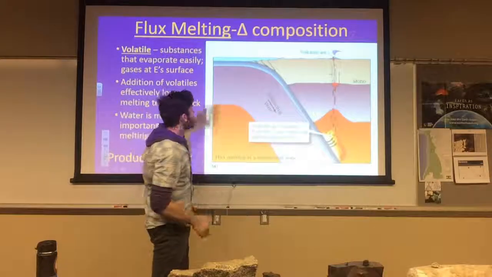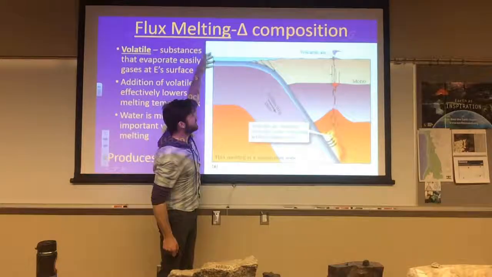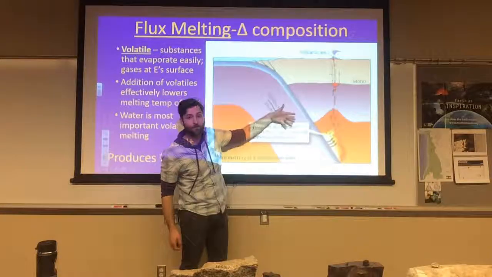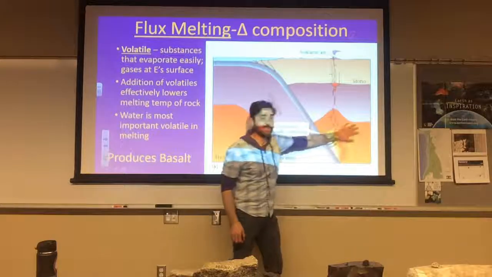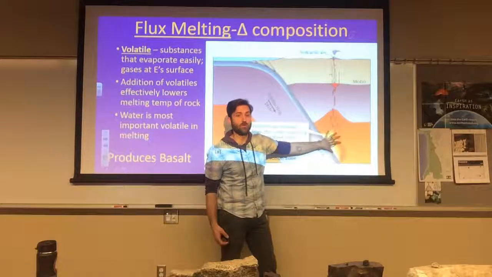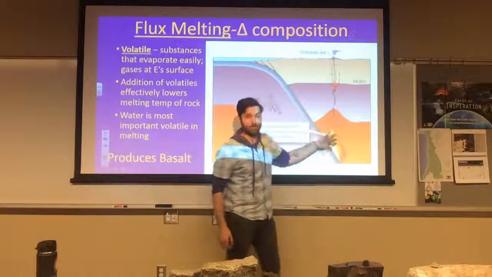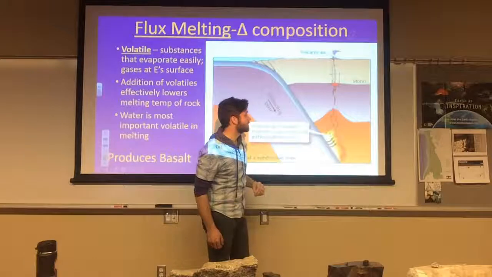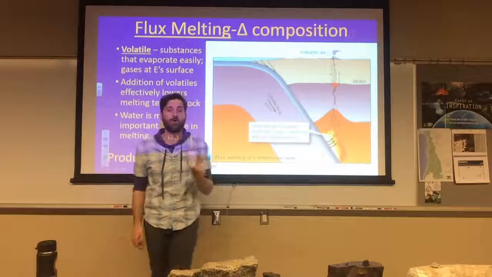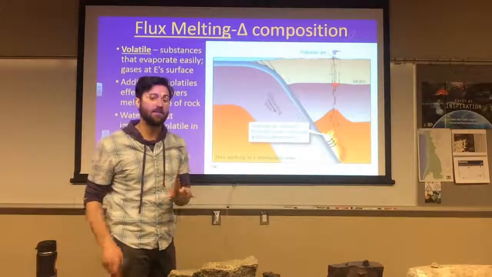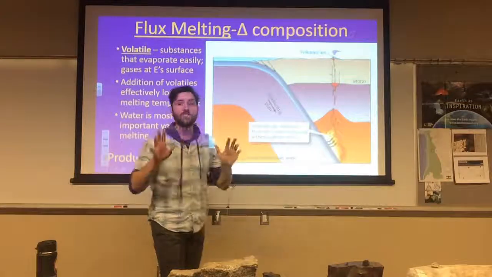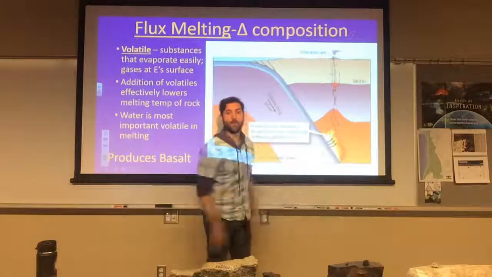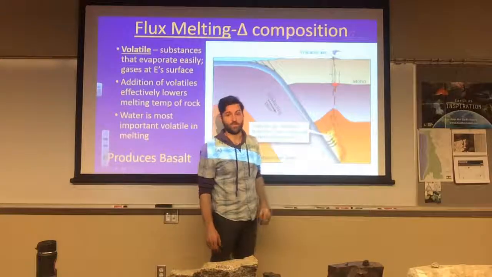Okay, this is what's occurring here on the west coast of North America, at least at my latitude in Oregon. You have the Juan de Fuca plate that's subducting beneath Northern California, Oregon, Washington, British Columbia, causing flux melting in the mantle that then creates molten material that eventually becomes volcanoes like Mount Hood or Mount St. Helens. Okay? Now I want to point out one thing here, a very common misconception. I don't want to dwell on this. What is not happening is the plate getting subducted and then melting away because the mantle's hot and coming up as a volcano. Okay?